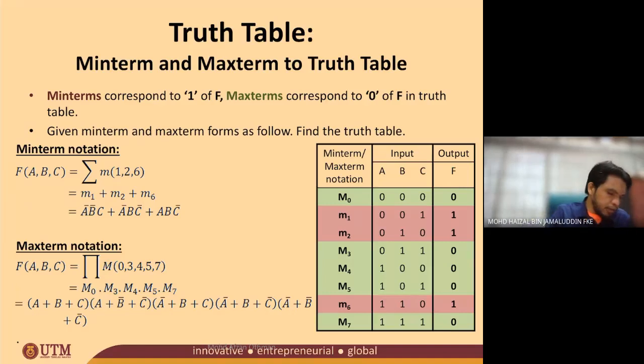Okay, example here. F is equivalent to the summation of M 1 to 6. The question asks to transform it into the standard SOP. So standard SOP here, you need to transform into the code 001. If I transform it into code, 001, 010, and 101. Right? 6, mistake. Okay,